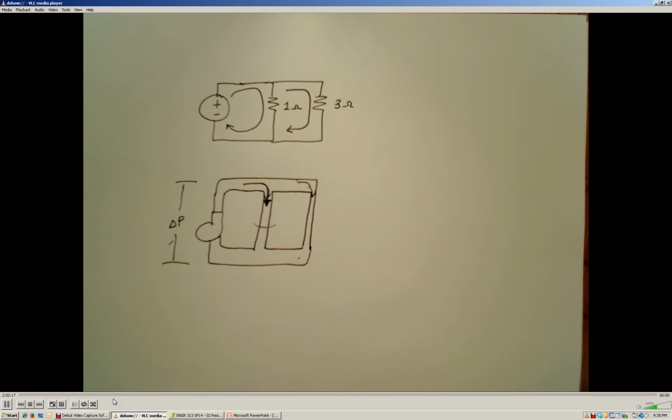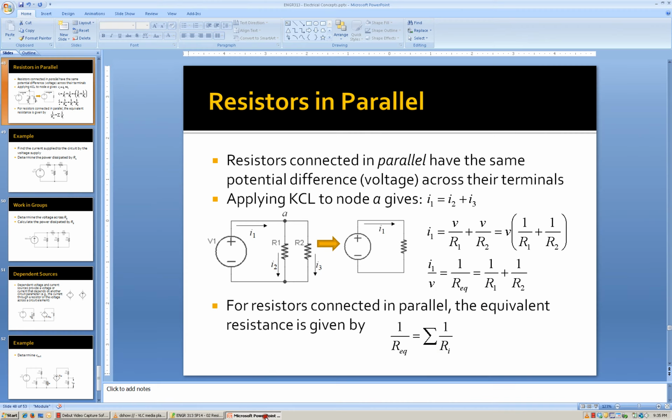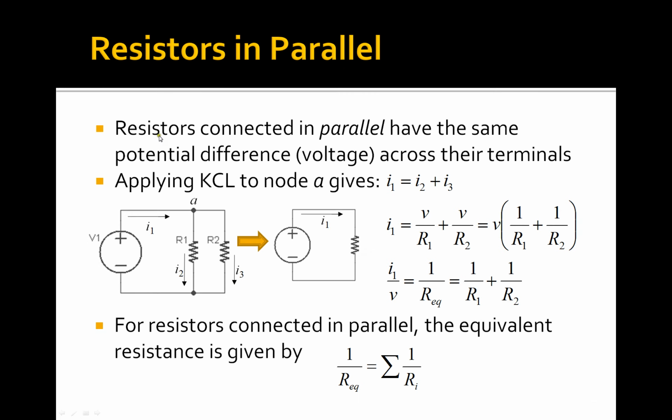Now with that addressed, if we go back to the parallel arrangement, we know that there's going to be some current through each of these resistors in this parallel configuration. Remember, parallel means that they have the same potential across their terminals. To come up with the equivalent resistance, we're going to rely on Kirchhoff's current law, which tells us that at this node, where we have two possible paths for the current to move,